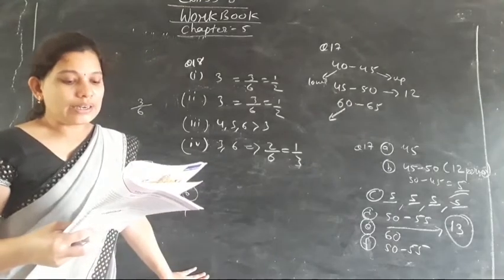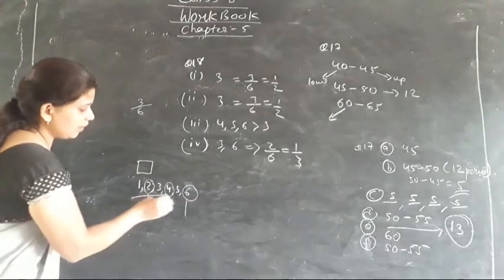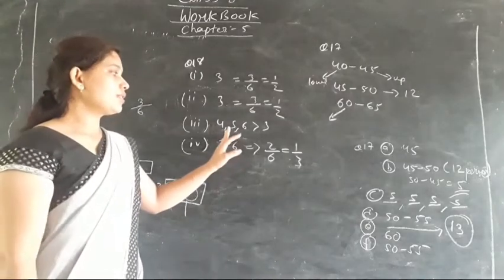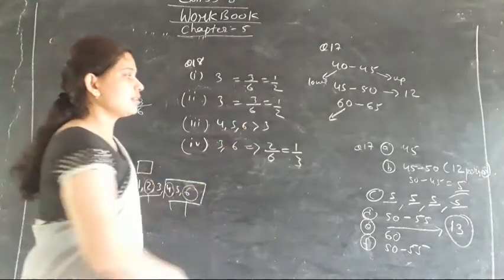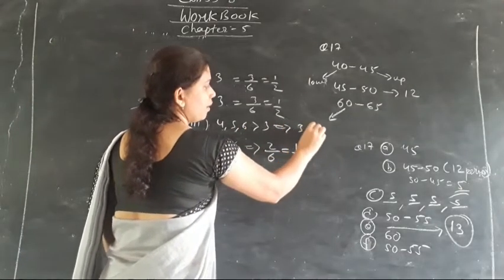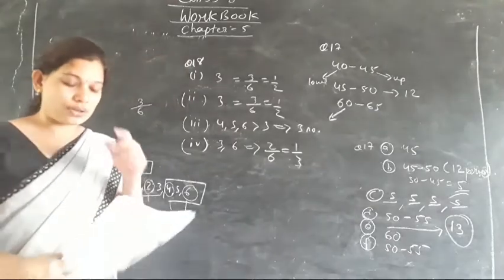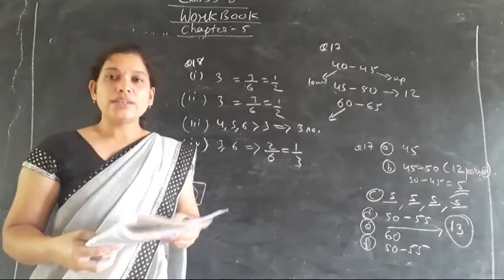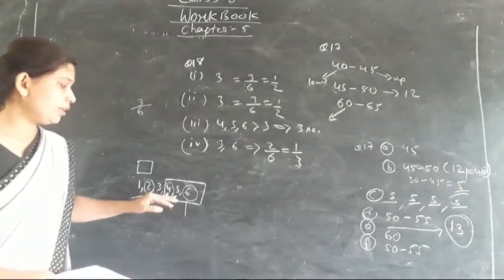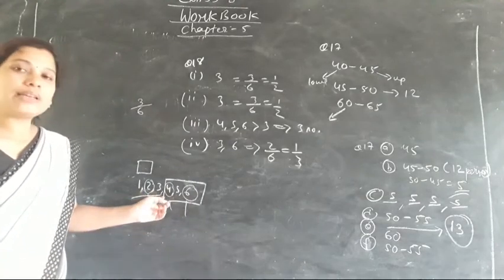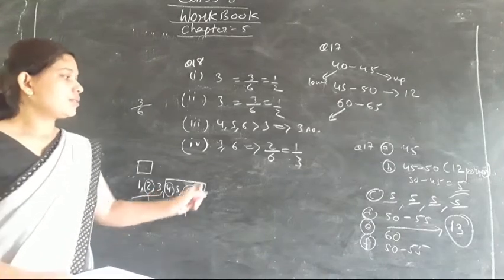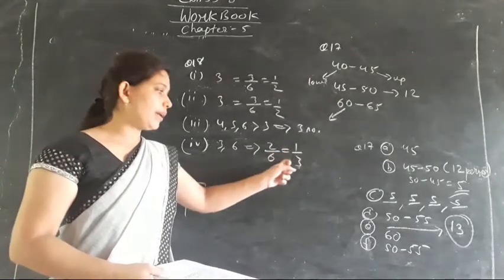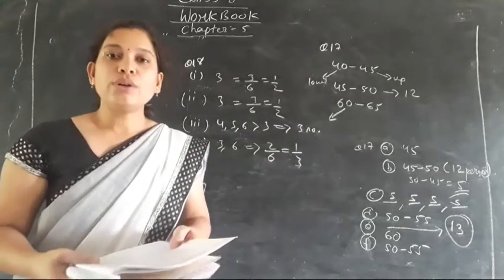Then for a number greater than 3. Which numbers are greater than 3? These are the numbers which are greater than 3: 4, 5, 6. So the answer will be 3 numbers out of 6, sorry, greater than 3. For a multiple of 3, in this 1, 2, 3, 4, 5, 6, what will be the multiple of 3? The multiples of 3 will be 3 and 6. That is 2 numbers. Total number on our die is 6. So dividing, 1 by 3 is the answer.